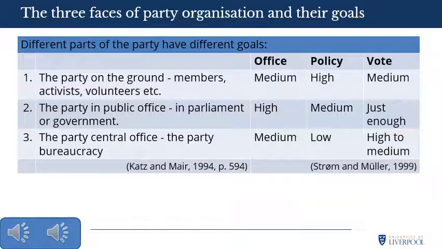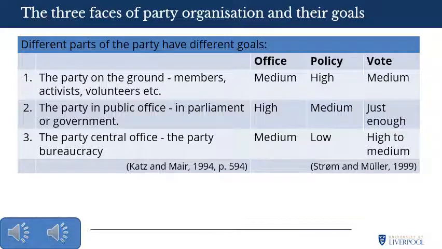This approach doesn't quite work with the logic of first past the post elections. So, for example, in Liverpool, there is really no need for the Labour Party to run a vote maximisation strategy or a turnout maximisation strategy because they're going to win the election anyway, right? In a first past the post constituency election, 50.1% of the vote is going to win you a seat just as much as 100% of the vote will do.